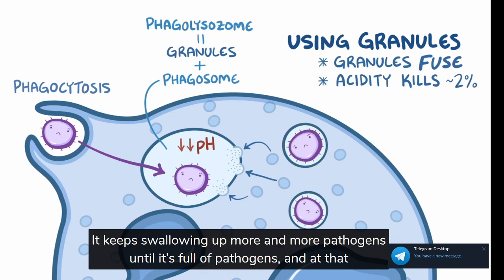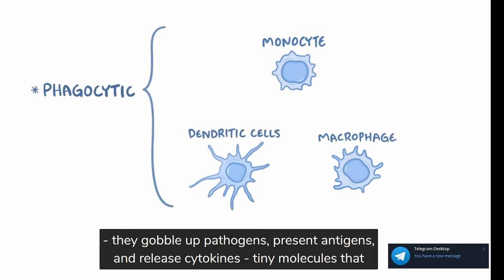First, the cytoplasmic granules fuse with the phagosome to form the phagolysosome. The granules contain molecules that lower the pH of the phagolysosome, making it very acidic, and that kills about 2% of the pathogens. Now, the neutrophil doesn't stop there. It keeps swallowing up more and more pathogens until it's full of pathogens, and at that point it unleashes the